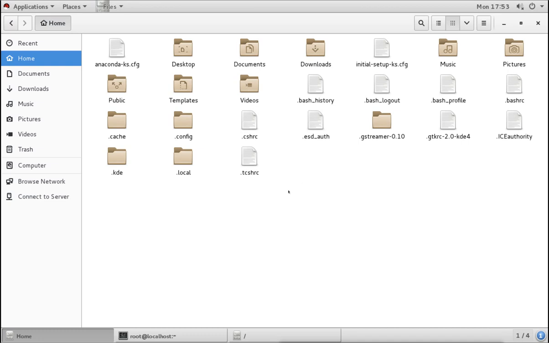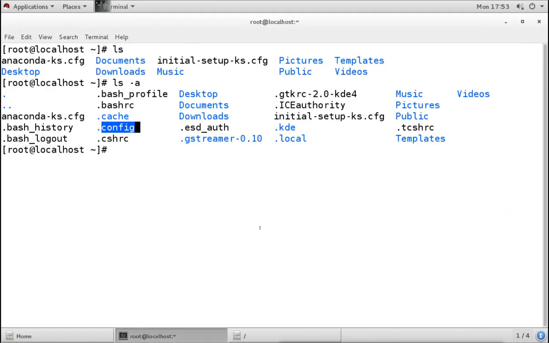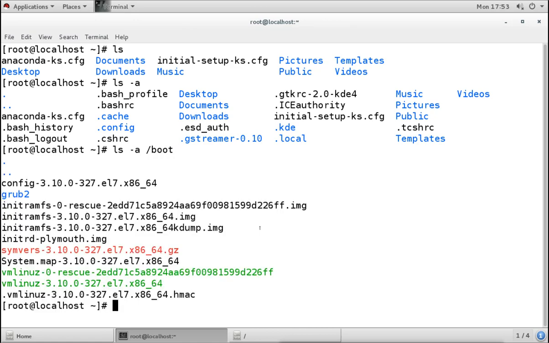Now it is not necessary that every directory in Linux has hidden files. This is the home directory of the user, and the user's profile files are there, so those are the hidden files. For example, if I do ls -a on the /boot directory, it is not showing much. There is only one hidden file showing here. So it is not necessary that every directory has hidden files.